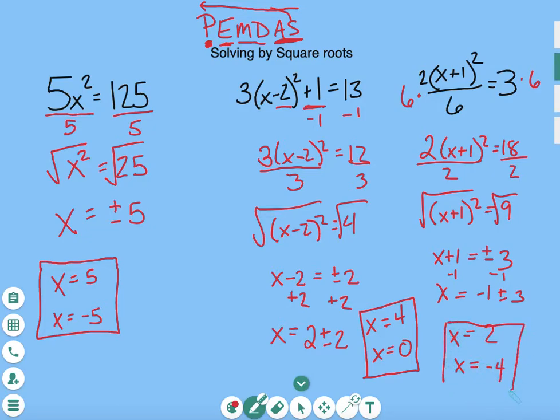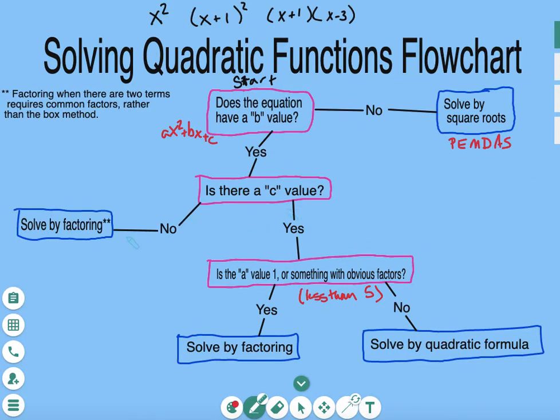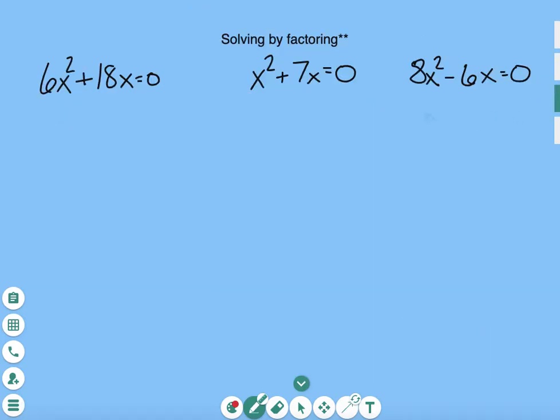So that's solving by square roots, is just following your order of operations, or what I like to call brute force algebra, just kind of forcing your way to a final answer. The next most useful one that we talk about is solving by factoring, where we're talking about this case with the little stars by it, where there's no c value. So, solving by factoring